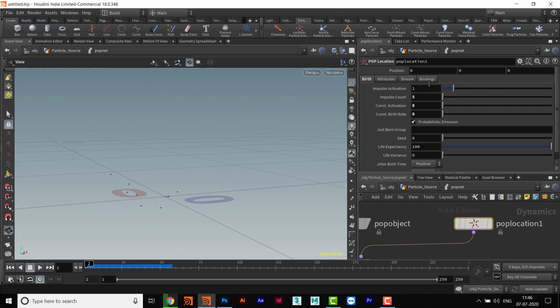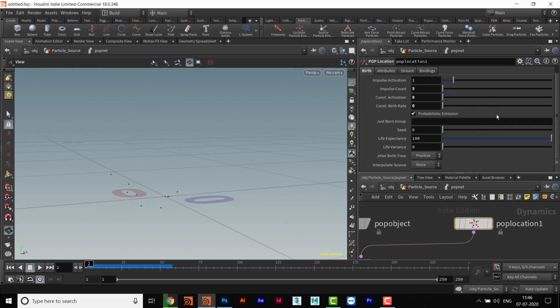Okay, so I think now you have understood this, and now I will not go through each and every parameter, but I will cover only the very important ones. Actually, in Houdini, most of the things are very important, but it depends on when we come and hit some particular kind of parameter or attribute. So next comes the age of the particles.